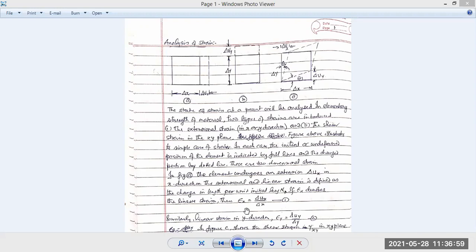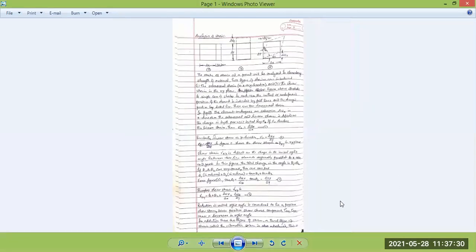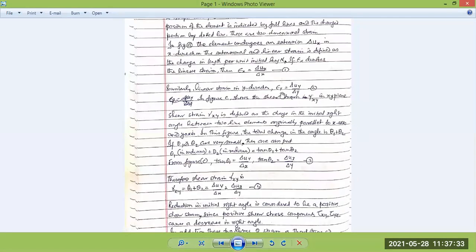The linear strain or extensional strain, here this term extensional is used where the block is either extended or contracted by the action of the forces, and shear strain when the block changes its shape due to the action of the forces itself. Then the linear strain epsilon x is equal to dux by dx. dux is the increase in length and dx is the original length. Same is the case with dy, where epsilon y is duy by dy itself.